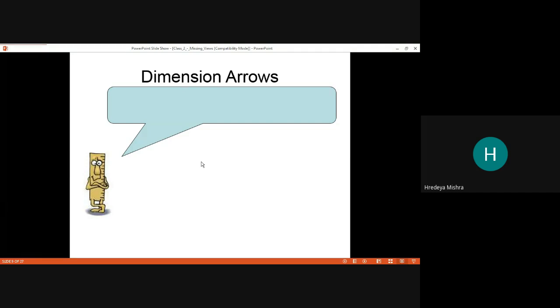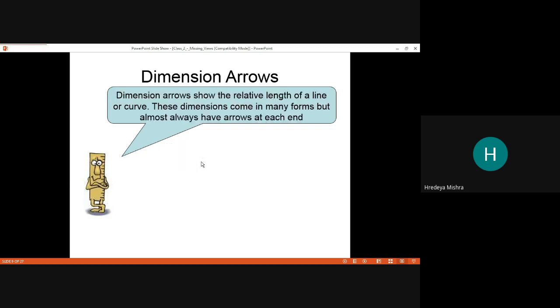Because maybe I ask this question, so it is 1 by 3. If the length of the arrow is 1, then the width of the arrow is 1 by 3. That is the ratio. So dimension arrows show the relative length of a line or curve.